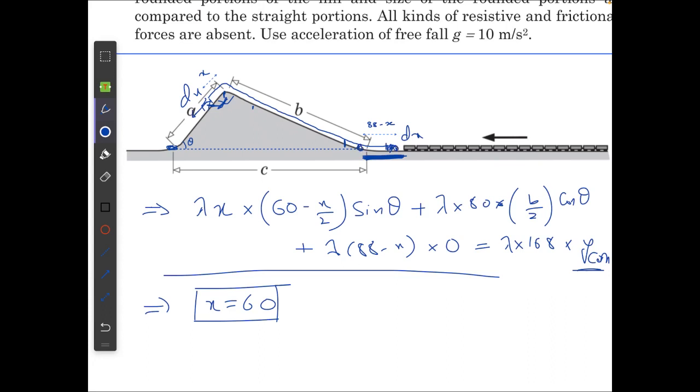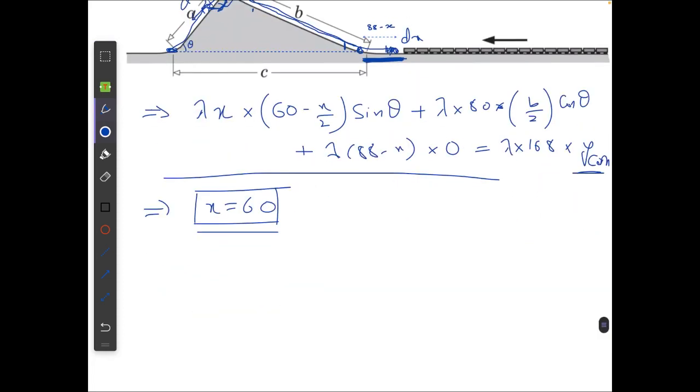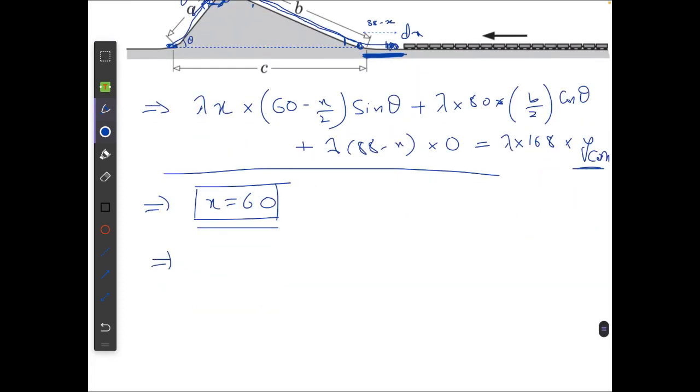So basically the whole train should cover this whole hill, and as its length is greater than A plus B, this is for sure possible. So here we can clearly see that x equals 60 is clearly possible. That was an intuitive way to get to that result. And on solving here, we get that the maximum y COM is 20 meters.